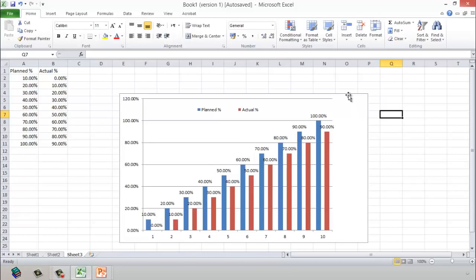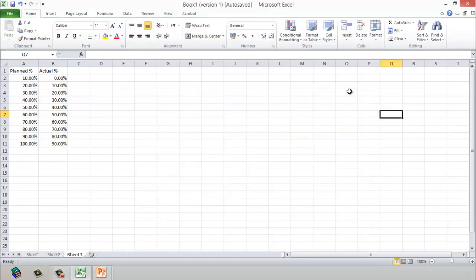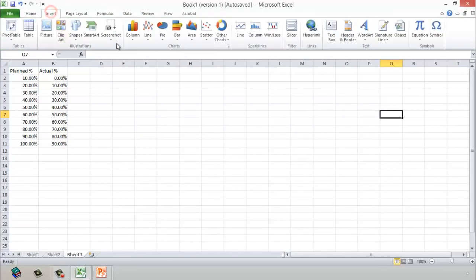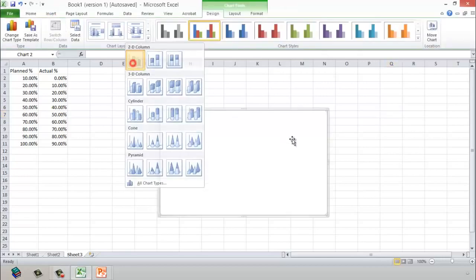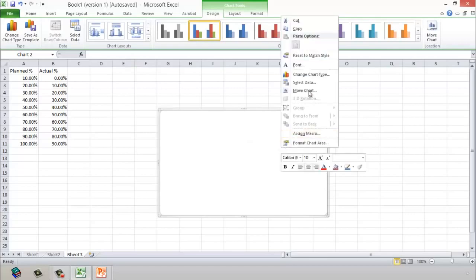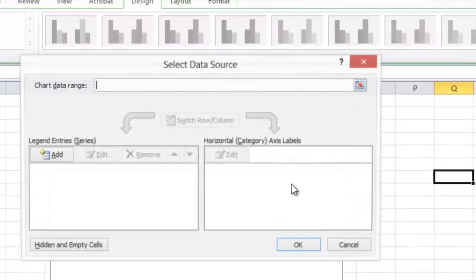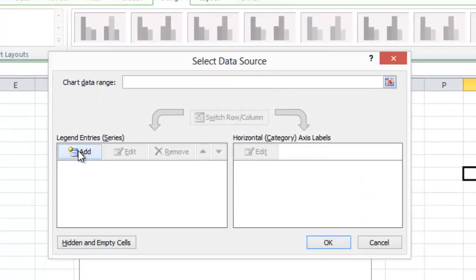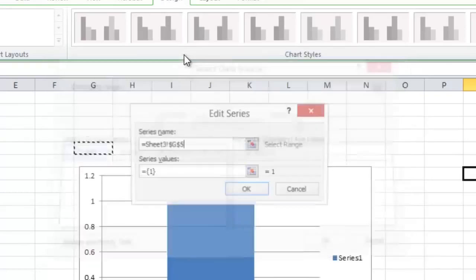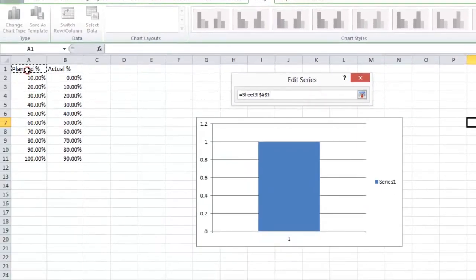This is a very simple graphical chart. What if I want to change the data or to add the data? Let's say I'll delete this one and I will insert a column from scratch. Then I have to identify the data. So I right click here and I'll select the select data. It will ask me about the first data. I'll click add. This is the series name, so let's say this is planned,